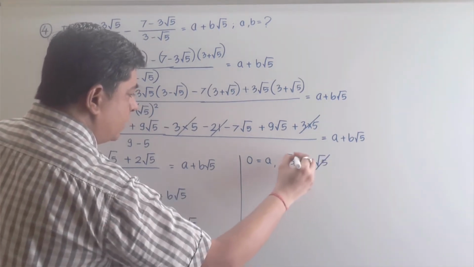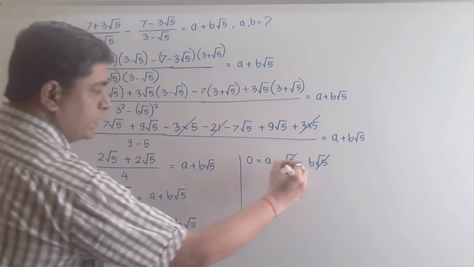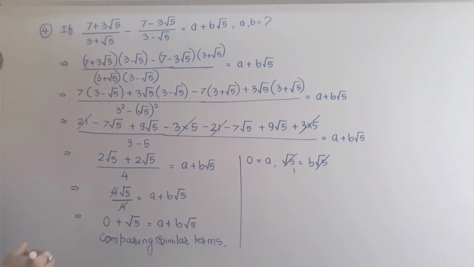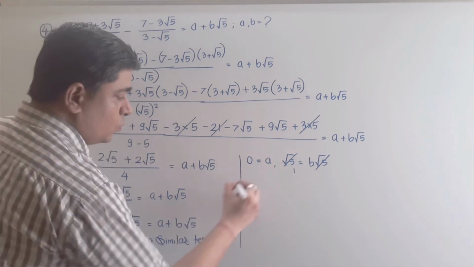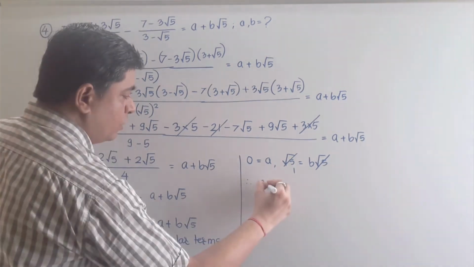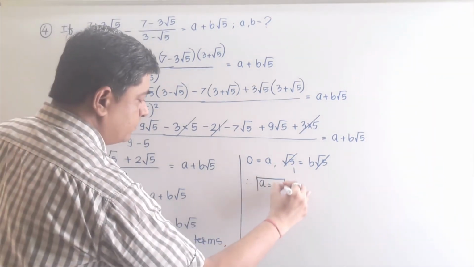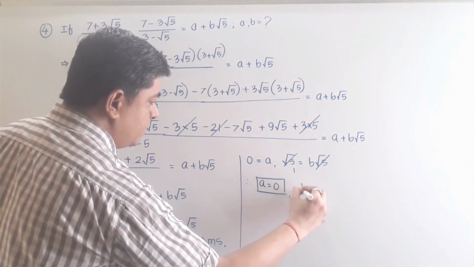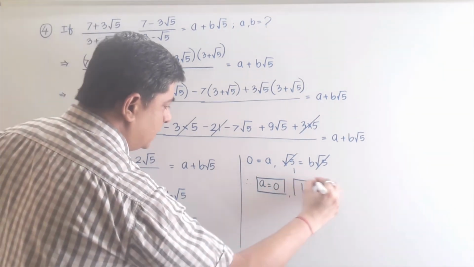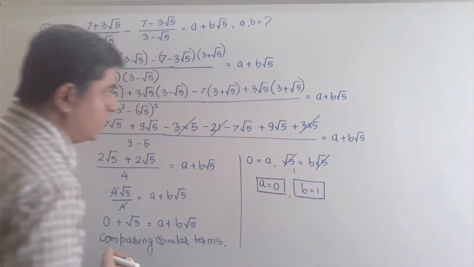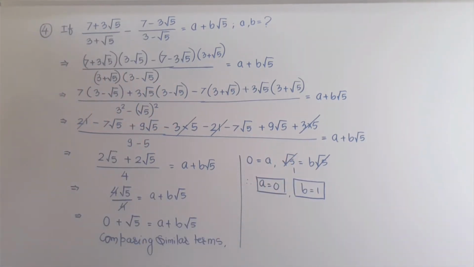Here root of 5 and root of 5 we can cancel. So remaining is 1. Remember, I did not subtract, I just divided. So I can say that the value of a will be equal to 0. That is my first answer. And b will be equal to 1. That will be the second answer. So have a look at the whole question. I don't think you should have any confusion. This complicated part you need to handle very carefully, then easily you will get the solution of this question.